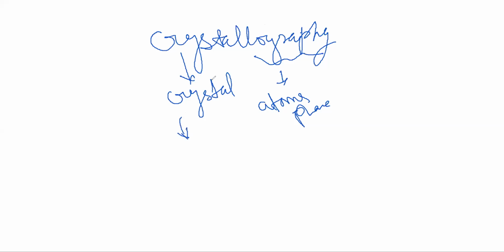Crystallography means simply the crystal. Graphy, as you all know, is the study of their shapes, their geometries, their configurations of the atoms, the planes, of course, the molecules in the three-dimensional space. So in this crystallography, we will be understanding the various aspects of crystallography, which is important for the geology students. So if we define a crystal, it is nothing but an arrangement of atoms in three-dimensional space, the geometrical shape.